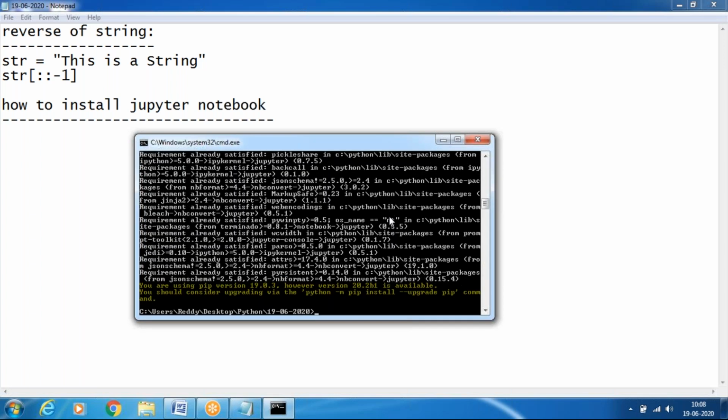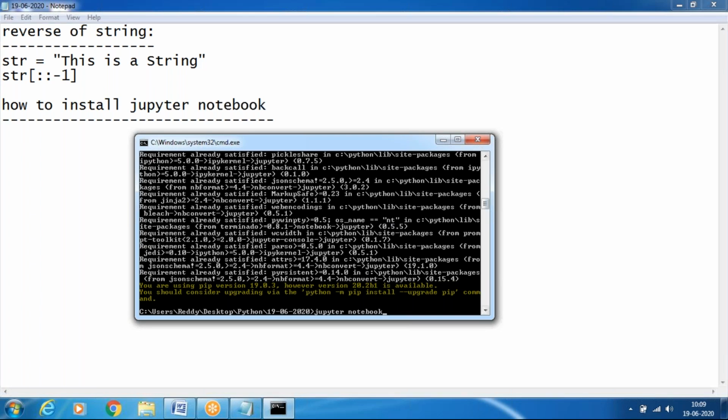And then we will open the Jupyter notebook. You will use the command jupyter space notebook. These two commands you will use for opening the Jupyter notebook.